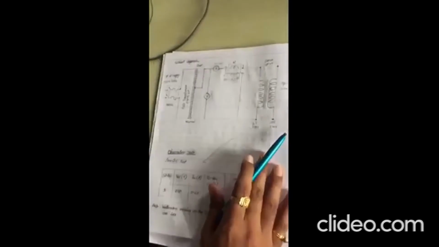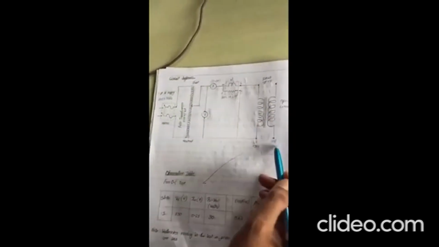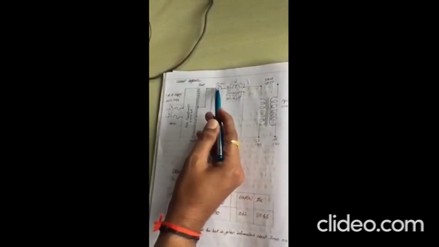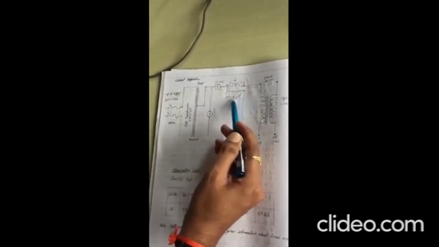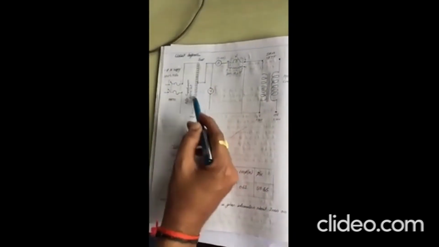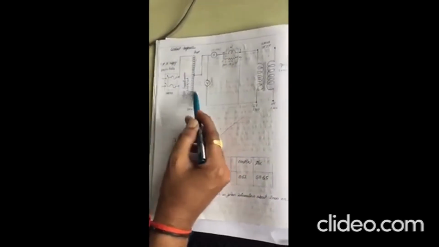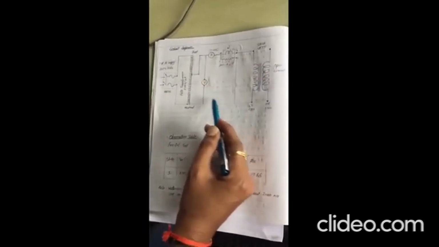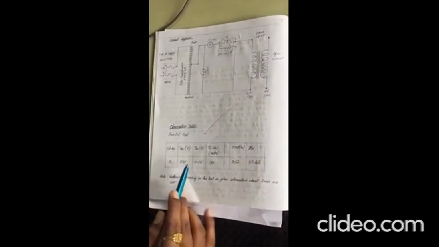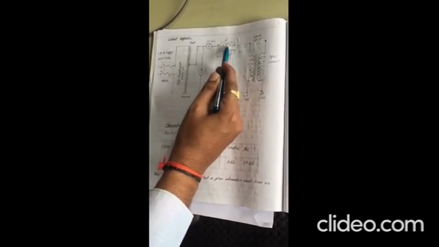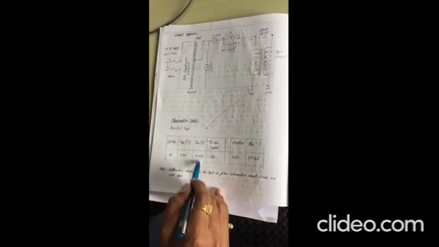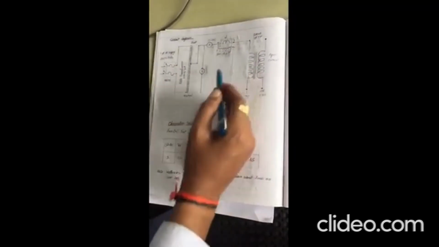Now we'll go with OC test. This is your circuit diagram. So HV side has to be kept open, and this is how you have to connect the meters. This is voltmeter, ammeter, and this is a wattmeter, an LPF wattmeter, 300 volts, 1 amps. LPF wattmeter has to be used. This is your auto transformer. This is your supply which is given to auto transformer, and this is how you have to connect. For this open circuit test, you have to apply rated voltage 230 volts. Then accordingly you have to take the ammeter and wattmeter reading. In this tabular column you have to make a note of the VOC, IOC and WOC. This is your OC test.